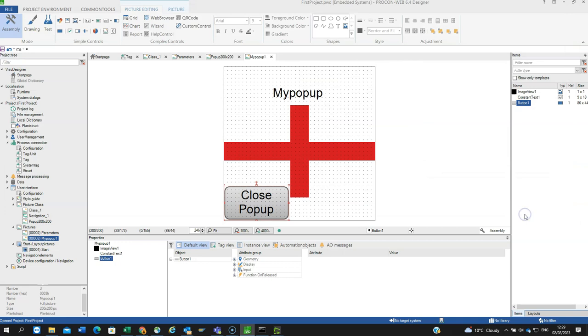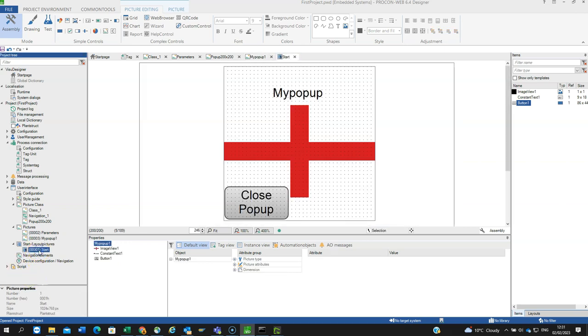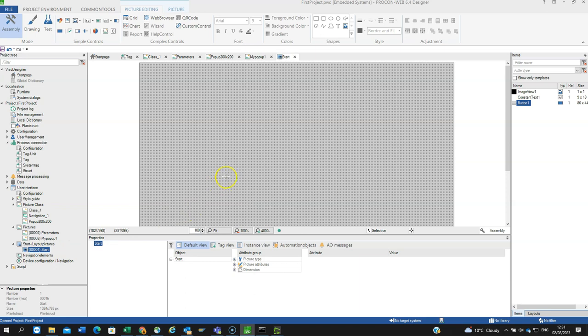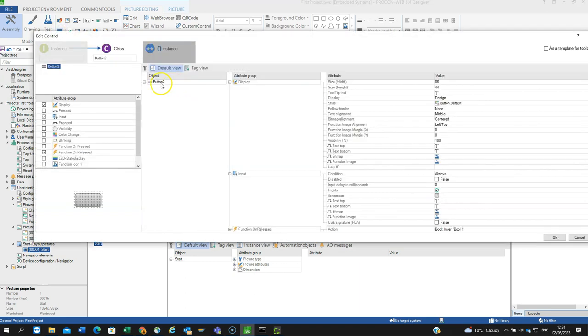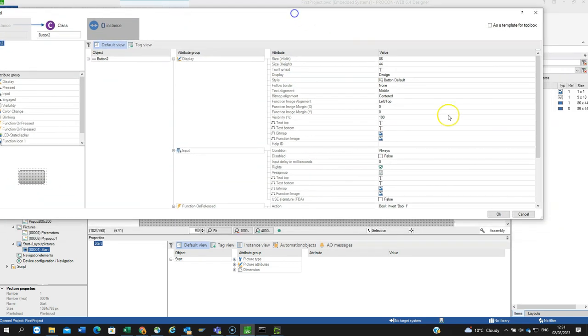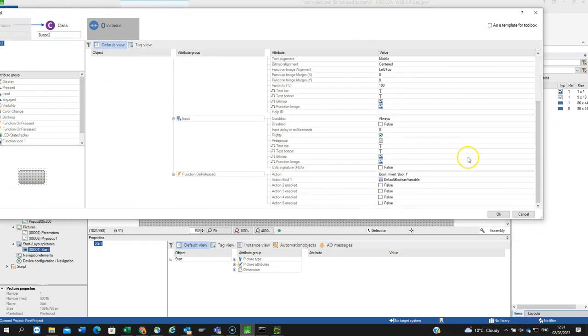Okay. I know it looks a bit large, but it's just the principle we're demonstrating here. So we now need to go to the start page and create a button that opens the pop-up. So again, we go to button, and within the class we define how we want it to function. So function on released will be